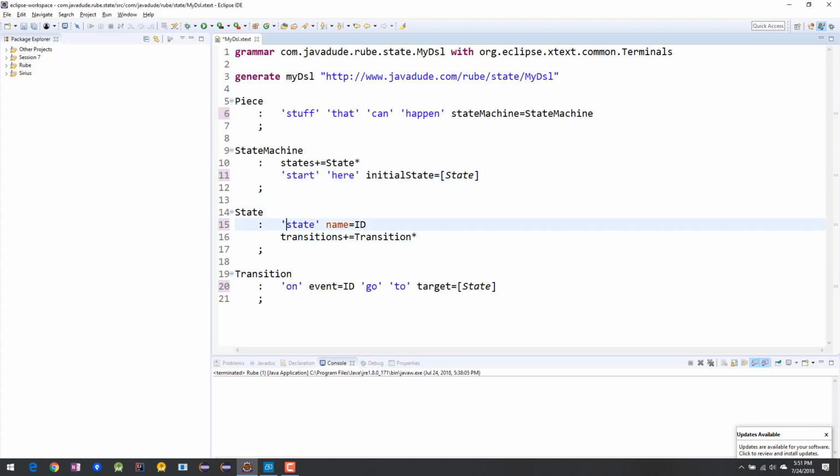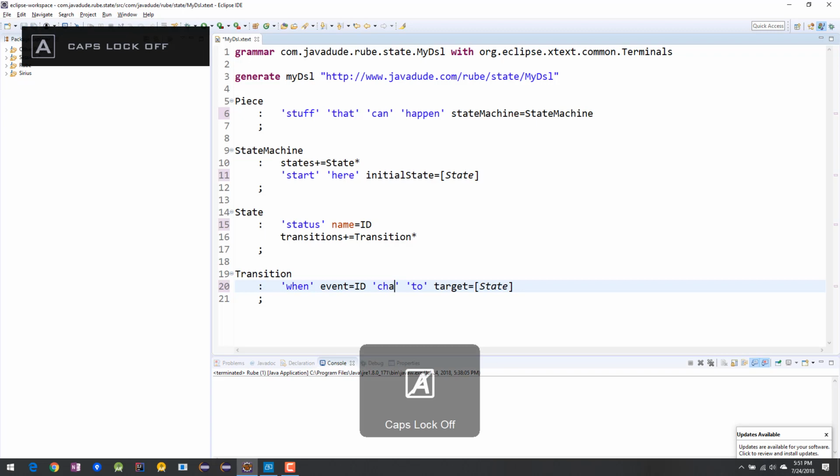And then maybe down here, we will say, what could we call a state? What might be another better word for a state? I don't think better is the right word. Condition. Status. That's not too bad. We call it a status. And we could say when something happens, change